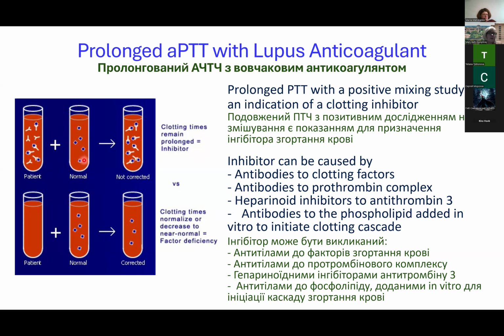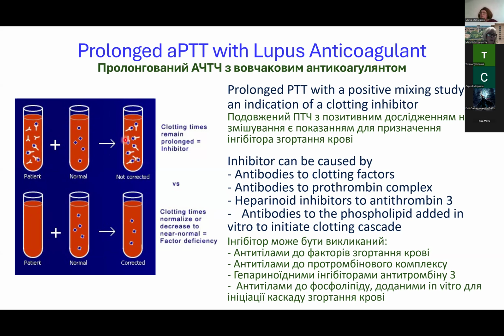If there were fresh reagents or fresh clotting factors in here, it should correct if this is not an antibody. But if it's an antibody, the remaining antibodies will bind the rest of these things, and you still have a